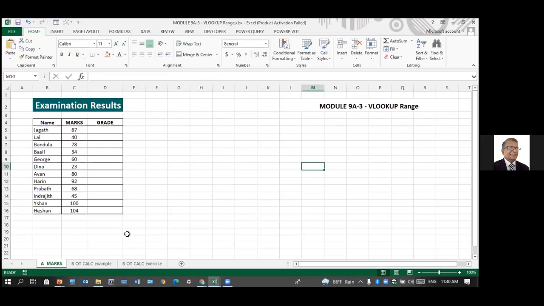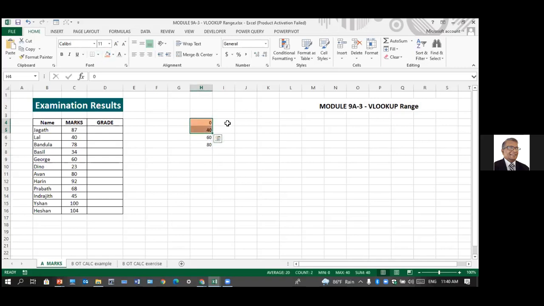It has to match employee number to employee number, but here it's an approximate match because we can give a range for this. But the range always has to start from the lower end. Start with 0. What's the next point? 40. What's the next point? 60. Imagine after 80 is distinction. So the next point is 80. So you develop your table. I'm going to put the table. So the table works always from 0 to 40.